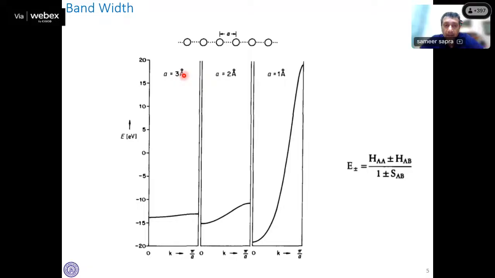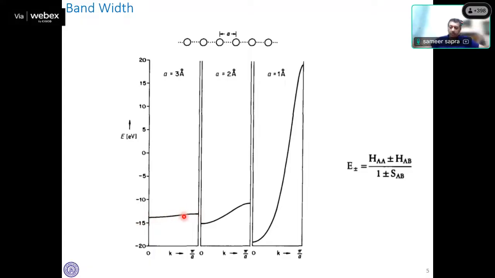So at 3 angstroms, so this is a hydrogen calculation, separation at 3 angstroms, 2 angstroms, and 1 angstrom. Well, the closer you get, unless you get into the repulsive regime, you're getting more and more overlap, and therefore this dispersion, that is the difference in energy between the all-bonding combination and the all-antibonding combination,